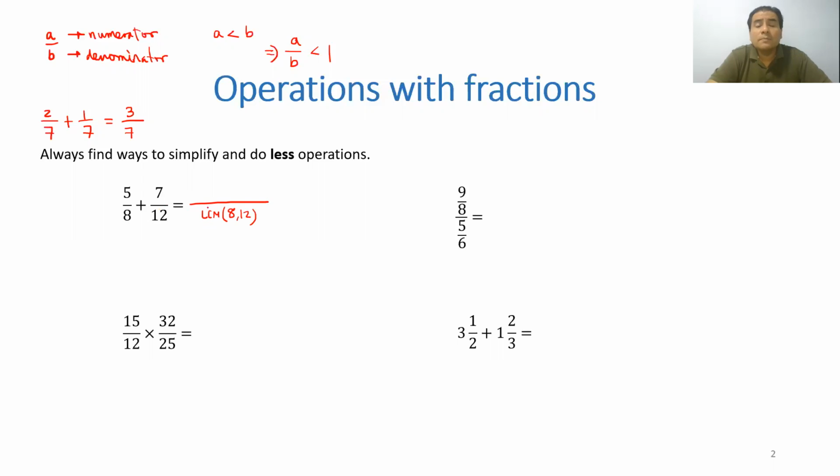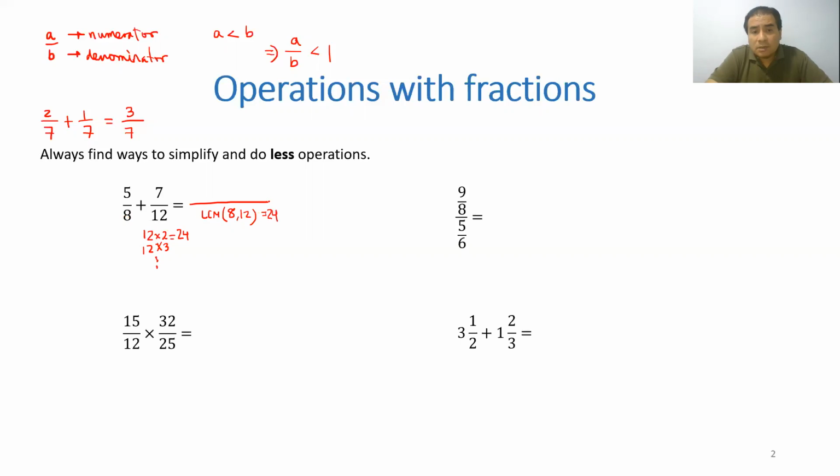In this case, we can try and find this number just by multiplying 12 by 2, 3 subsequently, to see if we get a number that can be divided by 8. It happens just by chance that 12 times 2 gives you 24, and 24 is divisible by 8. So we